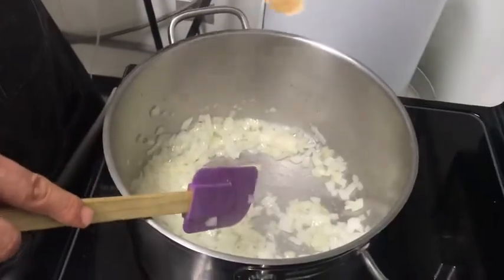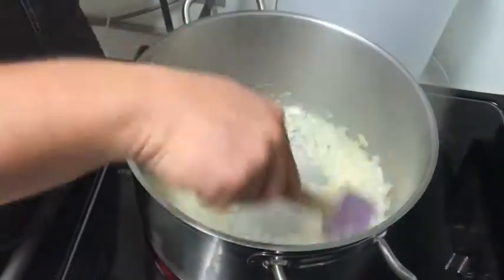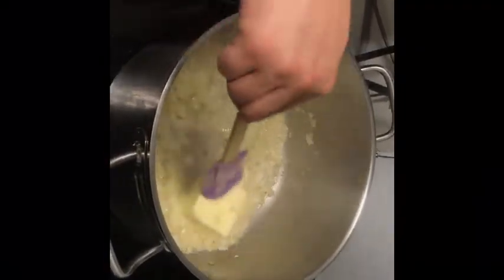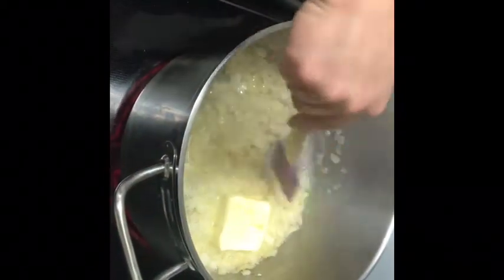Alright, so once your onions become translucent, we're just going to add in our garlic. And we're going to saute this for about a minute just until it becomes fragrant. Okay, so we've added in our third cup of butter. We're just going to let this melt, and then we're going to add in our flour